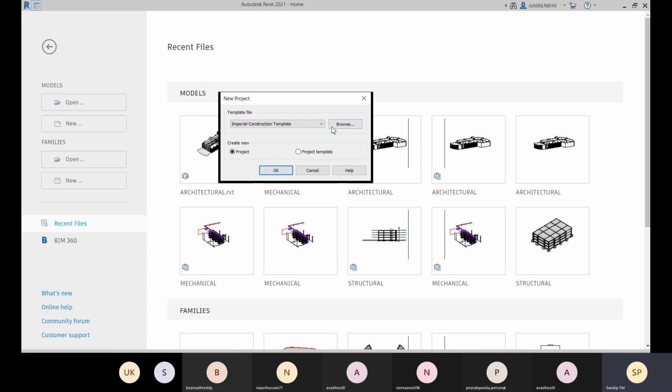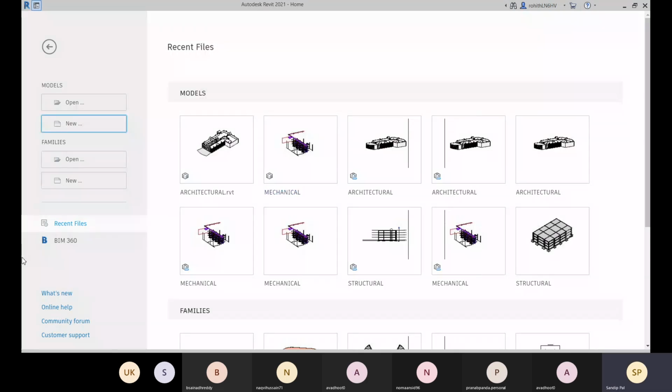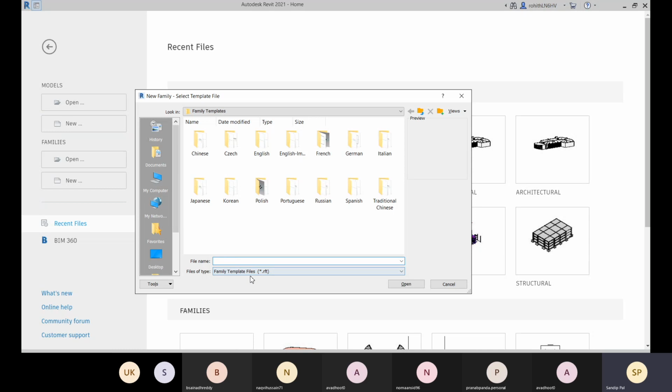And if you are using a template file, what is the extension for this project template file? Here you can see this is .rte, star.rte. This is the file type. About the family files, you see .rft is the family template file.